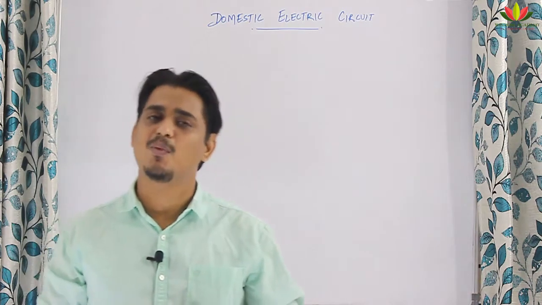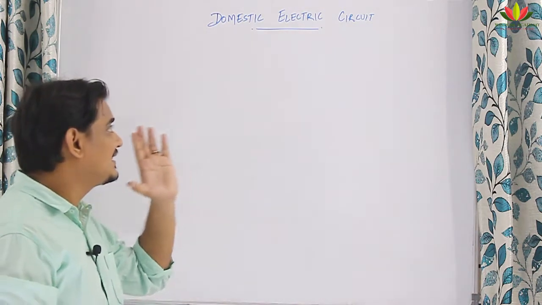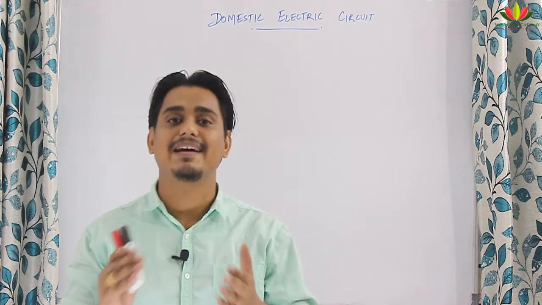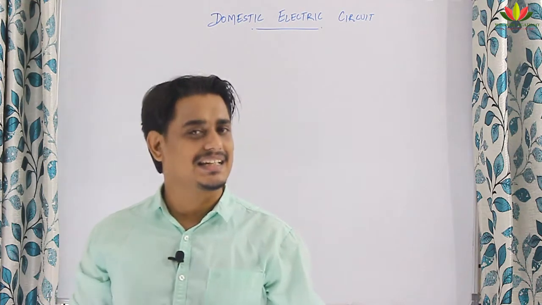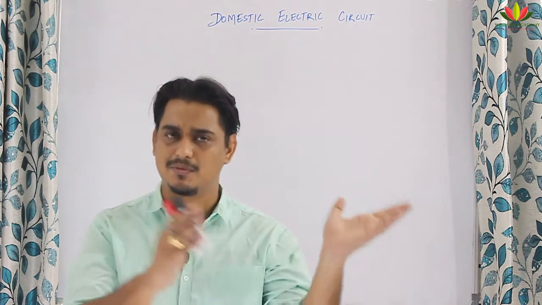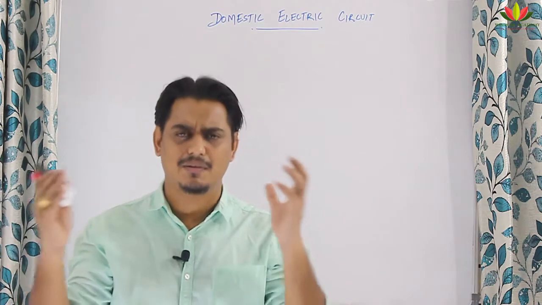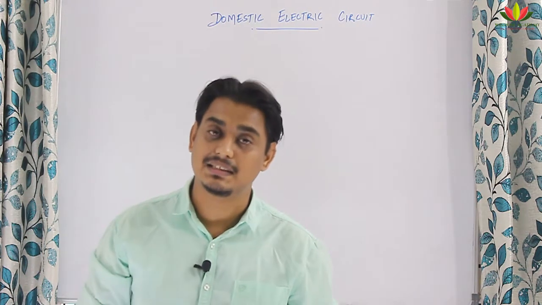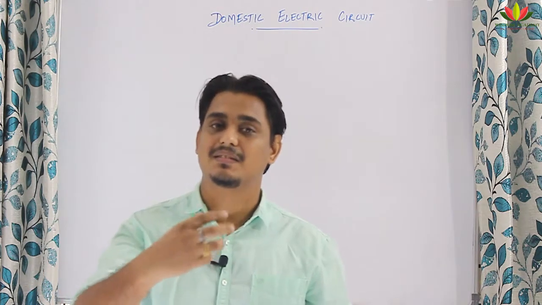Today's class I am going to talk about domestic electric circuit, where I am going to tell you how the wiring or how the electrical connection is done in the buildings and the home. Like where you are staying, you will have some wiring coming which is giving some light, fans and all these things are working. I am going to talk about how this wiring is done and what wires mean what.